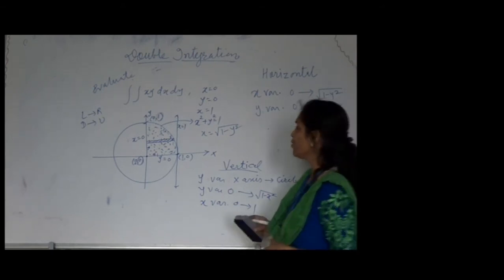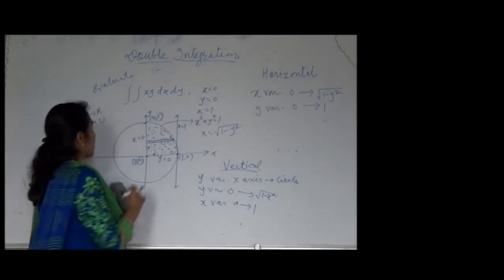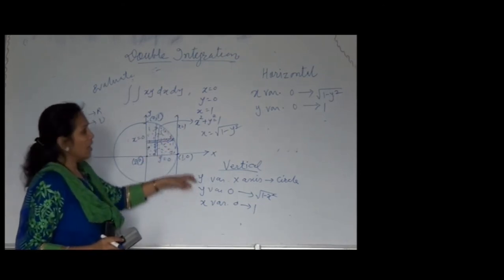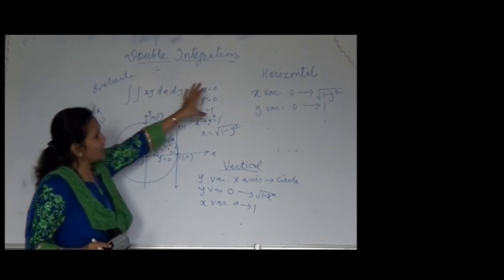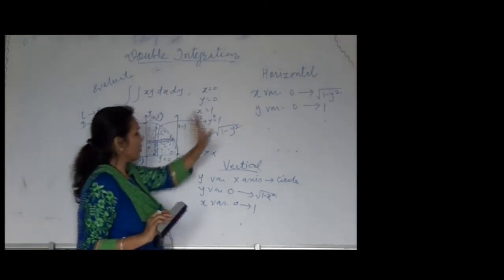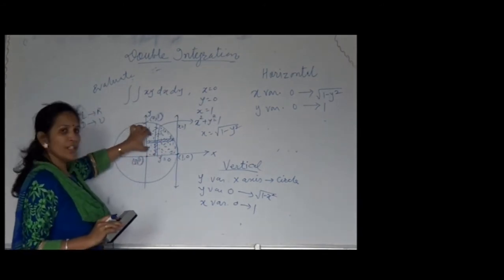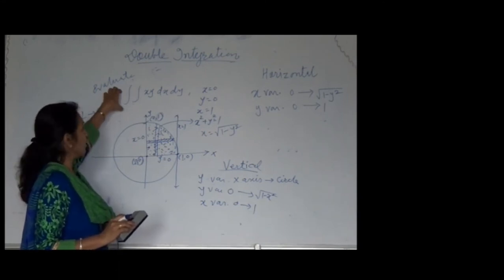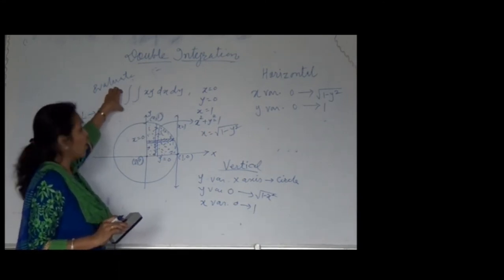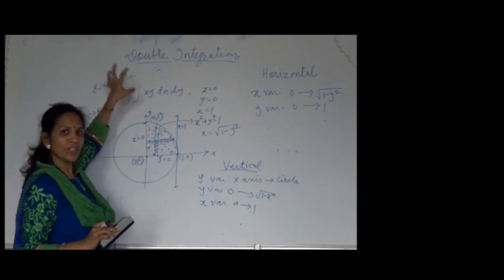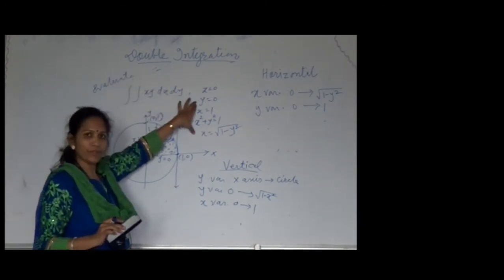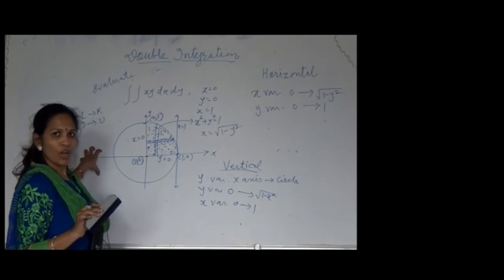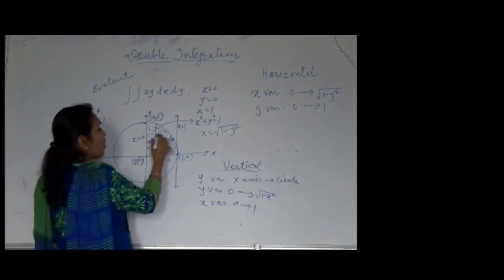Both the limits are shown here. How do we have to write them? If you are drawing the vertical strip, the limits are mentioned here. If you are drawing the horizontal strip, how do we write the limits? So what we have to remember is that in the region, it is on you. This question is not regarding change of order or whatever, only evaluation of the integral over the given region. Curves are given. Step number 1 is to draw the figure. Draw the common region bounded by all 4 curves.